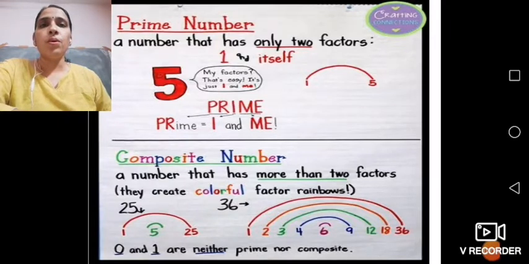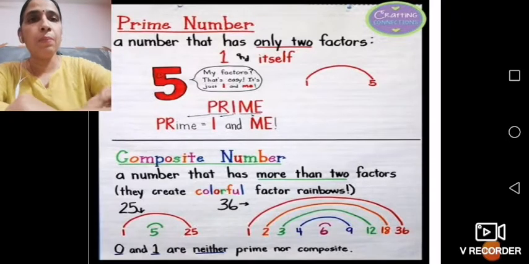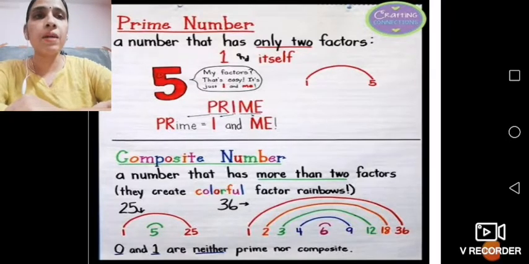Now, a few examples of prime numbers that we will see. Here on the screen you can see that 5 is a prime number. Yes, 5 is a prime number, and 3 is also a prime number. So examples of prime numbers are